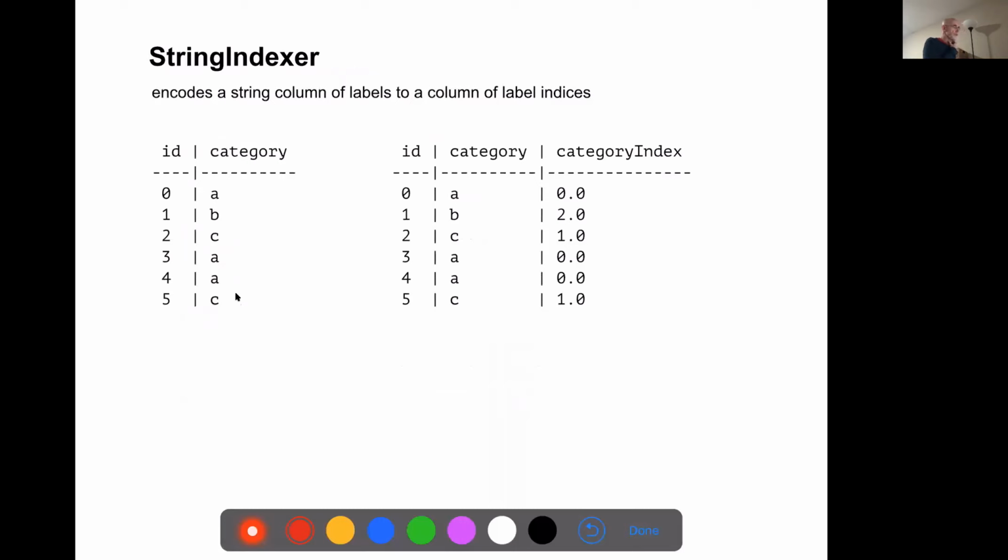And here what we're doing is, I've got a categorical column which contains strings, which can be hard to compare to each other. And so I can use a string indexer to convert that into, again, it's still categorical, but instead of being strings, it becomes integers. But note that it's an algorithm, so it's picking values which humans would not do.